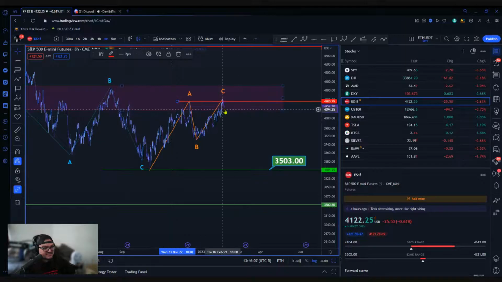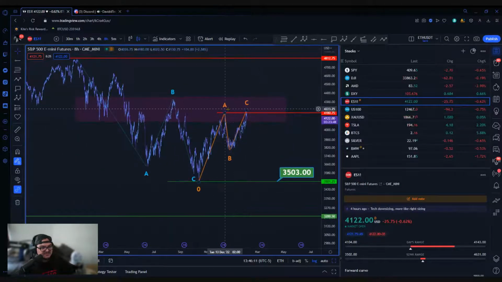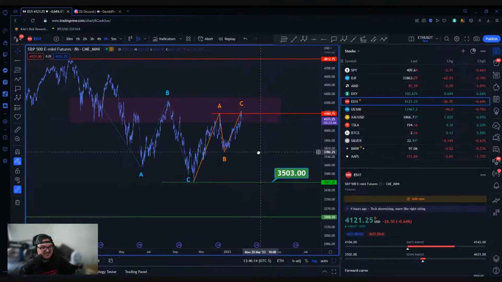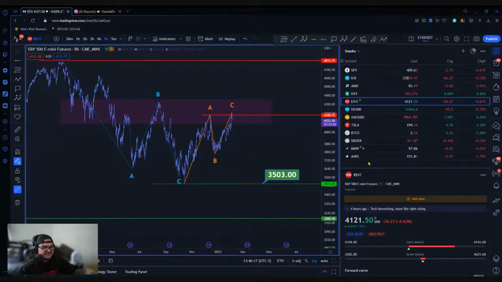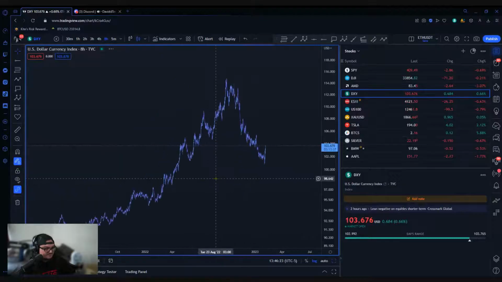So the S&P is looking bearish right now, and also with the ES, ES is just the S&P mini futures. Definitely put in its ABC setup, and it's still holding below, so things are looking good from a bearish perspective. Let's take a look at the DXY because I know that's more important at the moment.